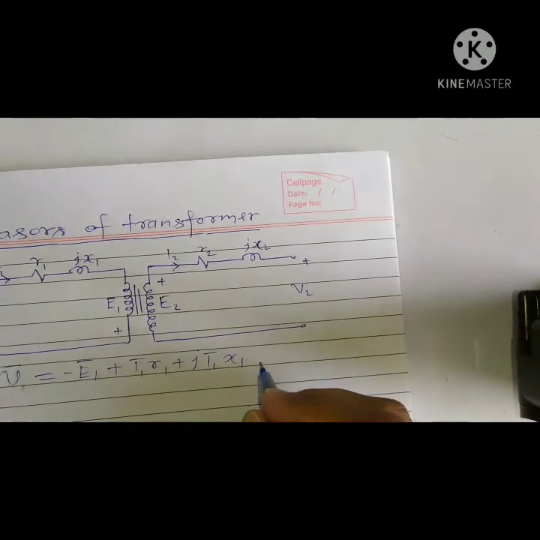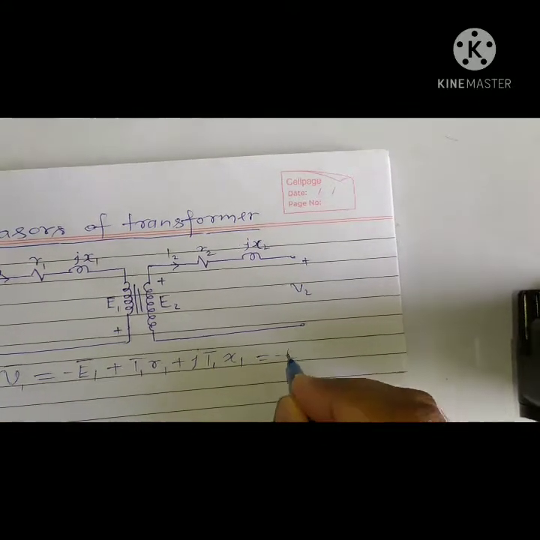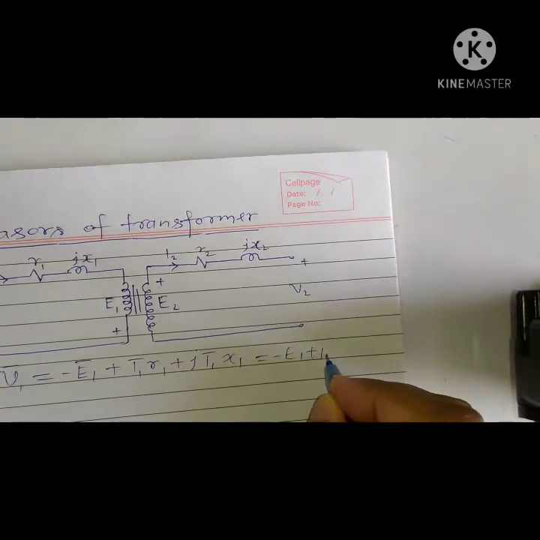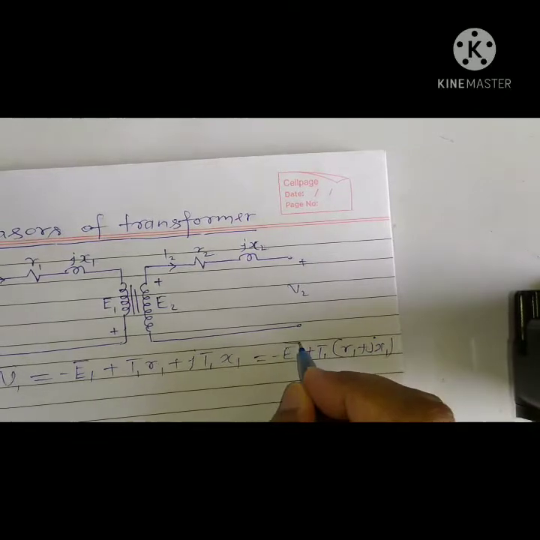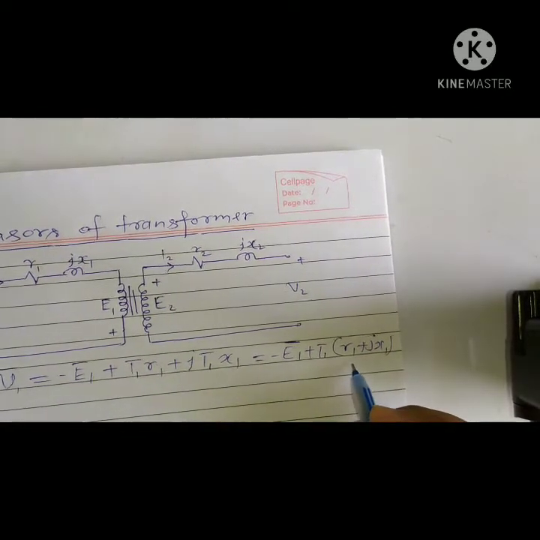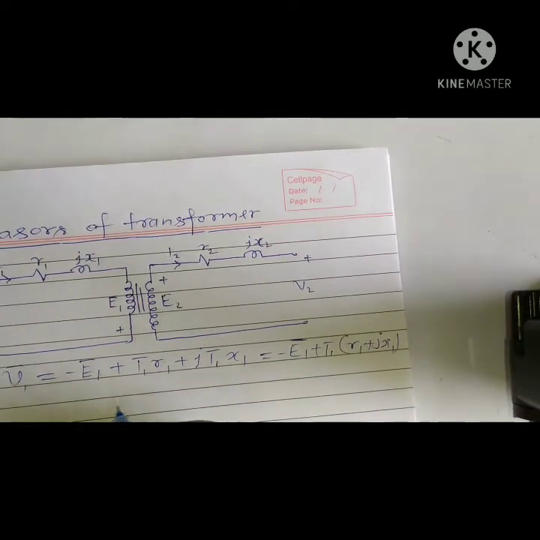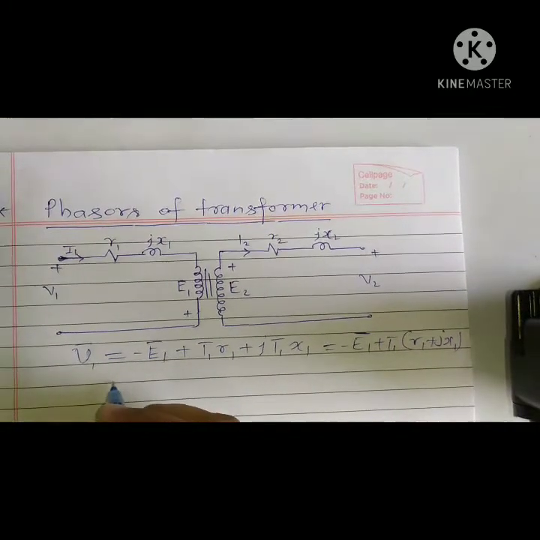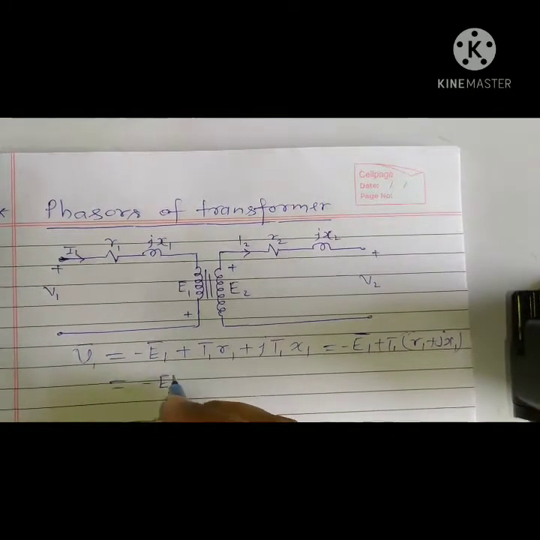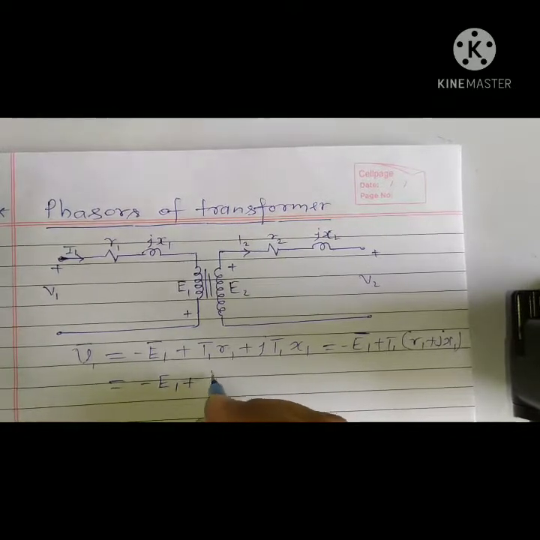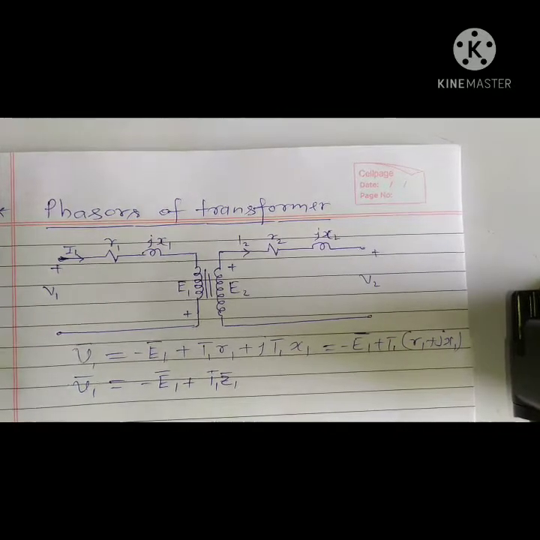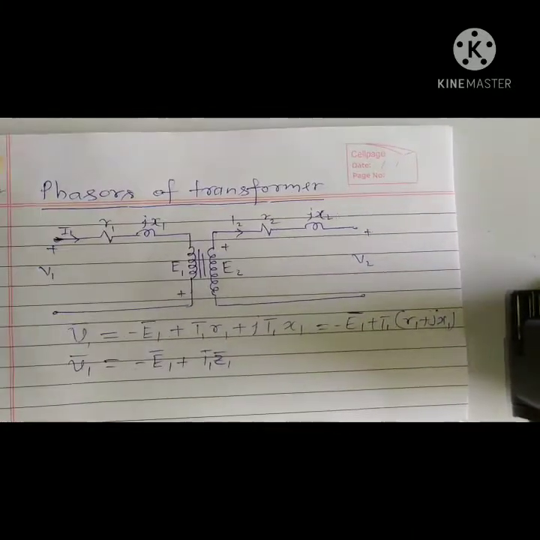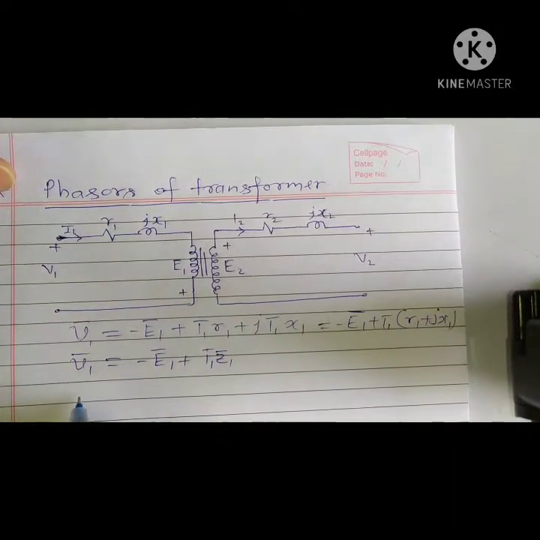which can be written as minus E1 plus I1 (R1 plus jX1) also. And we know R1 plus jX1 is the impedance of the primary side, so it can be written as minus E1 plus I1 Z1 also. So this is the voltage equation for the primary side, and for the secondary side also we can write E2